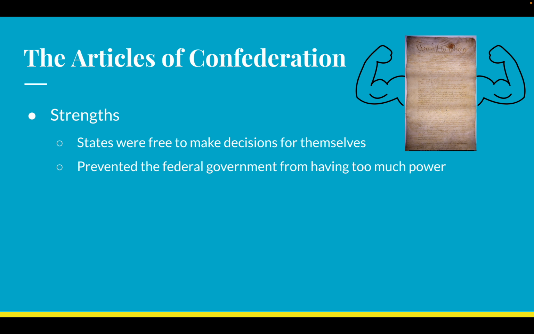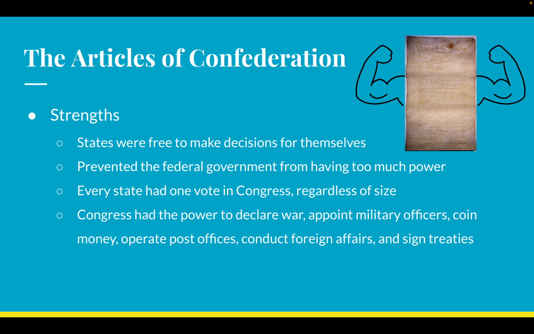We like this. Now, this is kind of hand in hand with the previous one. The federal government is not super powerful. That's on purpose, because the last time we had a powerful federal government, the king and parliament, they took advantage of us, and we don't want to see that happen again. Also, every state has one vote, regardless of size. So giant Virginia can't bully tiny Maryland, tiny Delaware can't get bullied by giant Pennsylvania, etc., because every state has equal power. This makes sure that one state does not become more powerful than the others.